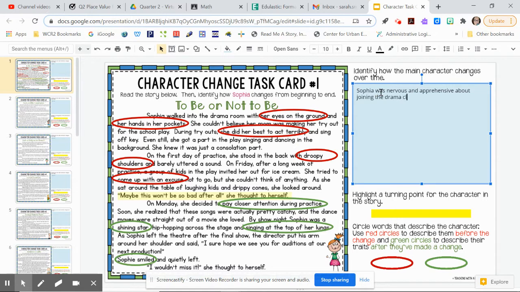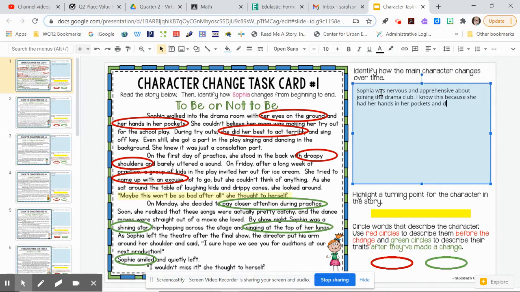I'm going to call it a club. The drama club. We know this because, I shouldn't say we, I know this because, so this is a good thing for you to add for your details stem. I know this because she had her hands in her pockets